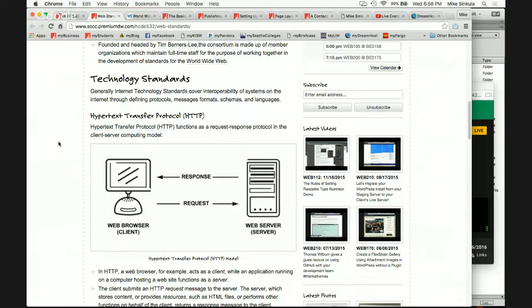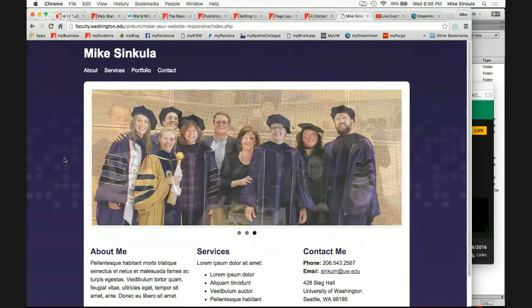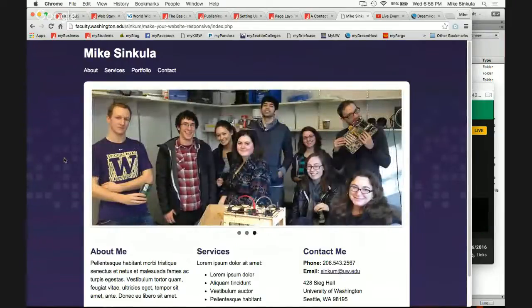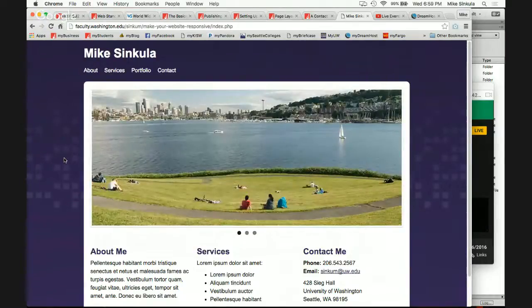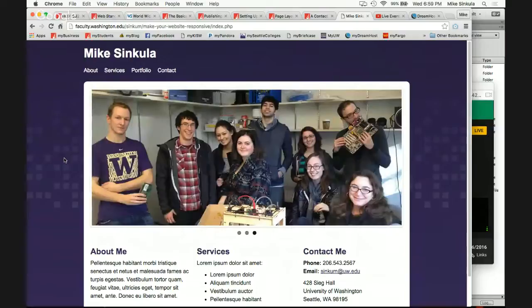Okay. So what that basically means is, let's say it like this, JavaScript. JavaScript controls this little slideshow right here. More specifically, jQuery, right? jQuery is a JavaScript, you can call it a framework, a library, whatever you want to call it, but it basically is a client-side language, meaning